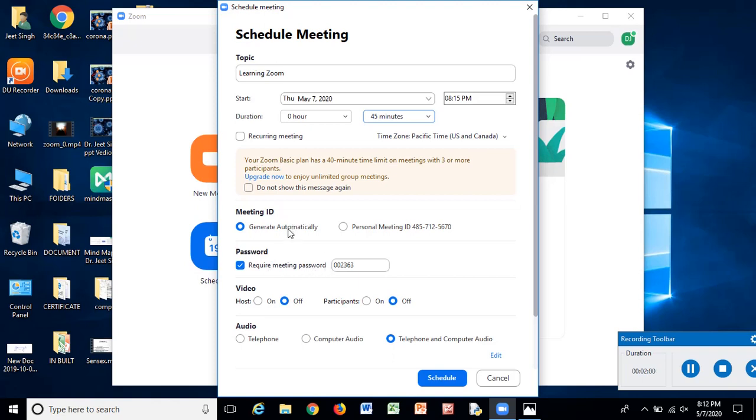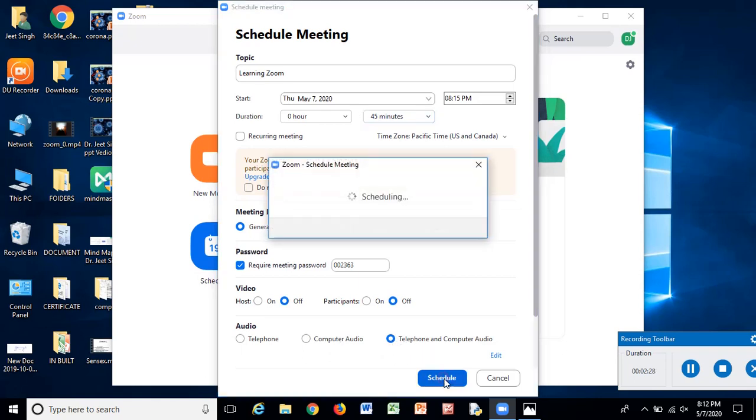Lastly, we can turn our video on or off, and similarly the participants' video. Similarly for audio, we can choose telephone audio, computer audio, or both. We have clicked on both, and now we will schedule this meeting.